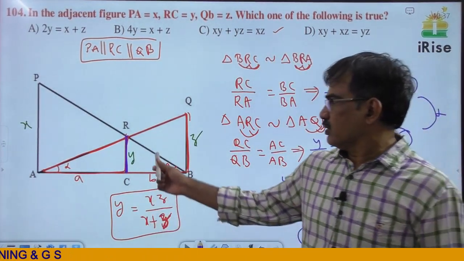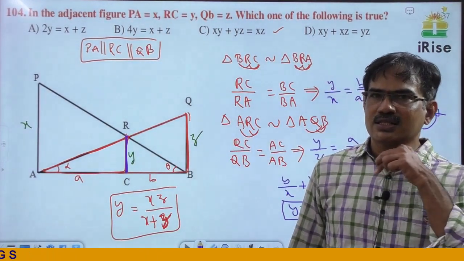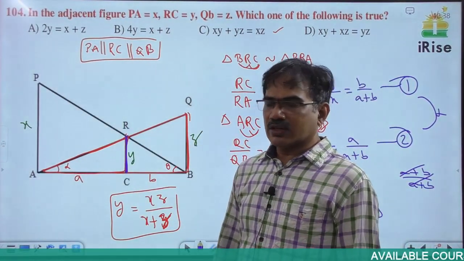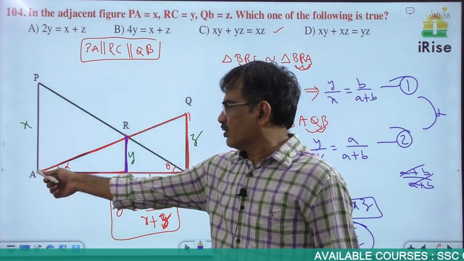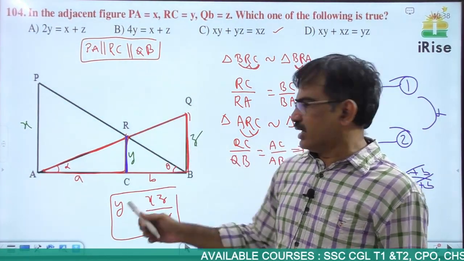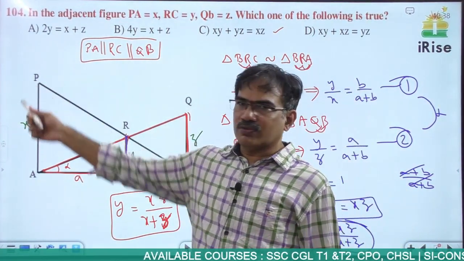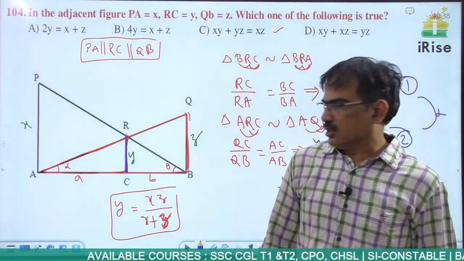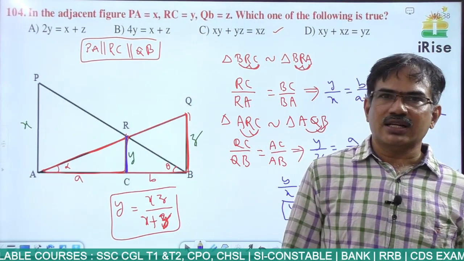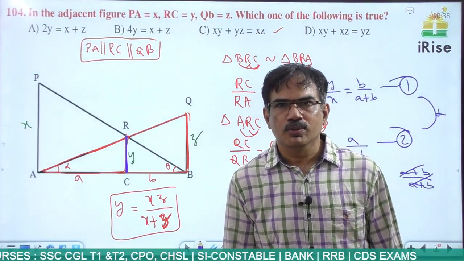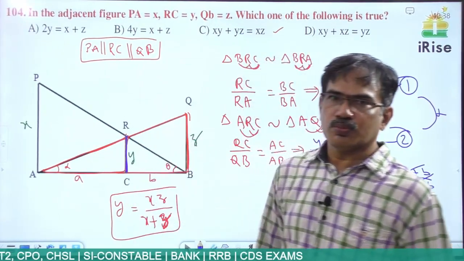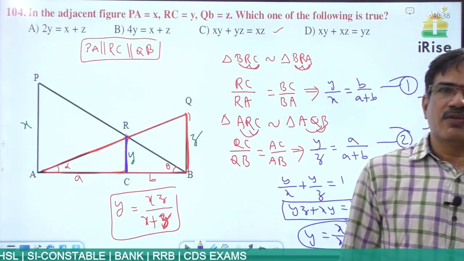Generally the same model question will be there in heights and distances also. This is a pole, this is one more pole. From the bottom of the first pole to the top of the second pole, a rope is tied. Similarly, from the bottom of the second pole to the top of the first pole, one more rope is tied. At what height is the intersection of these two ropes from the ground? What is the height of the point of intersection of two ropes from the ground? Same as y length.